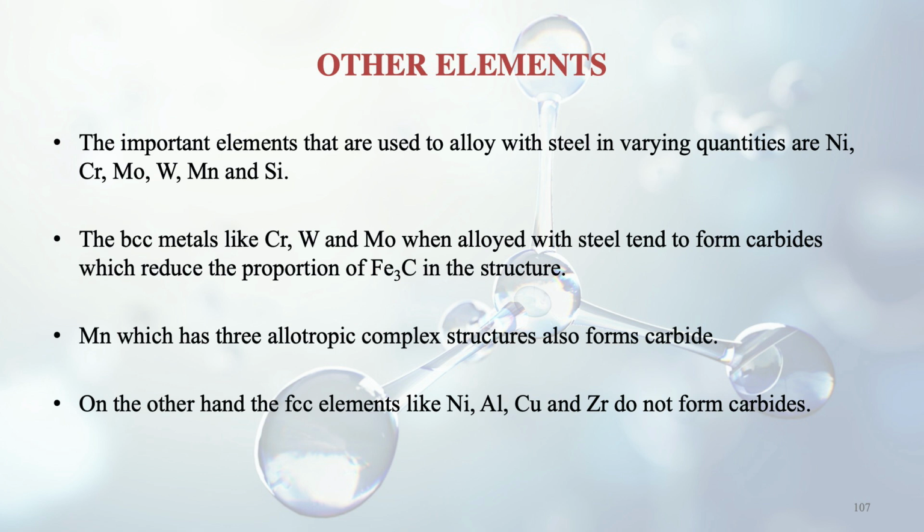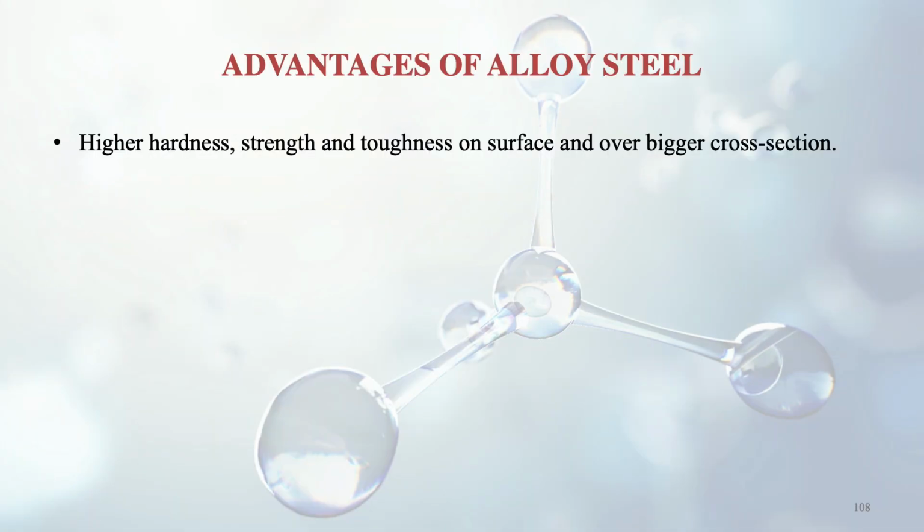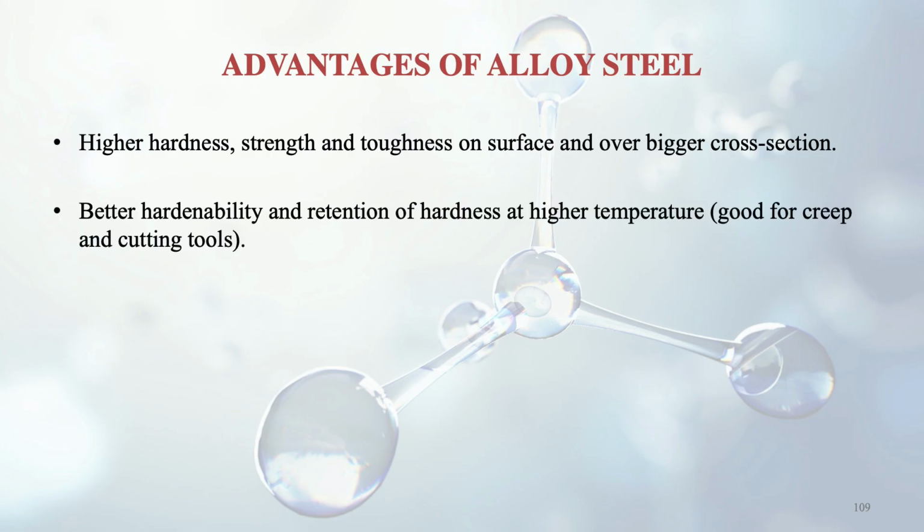So these do not form carbides. Only the body centered ones will form carbides. So what are the advantages of the alloy steel which we have discussed? We get higher hardness, higher strength and toughness also on the surface and also over bigger cross section. Better hardenability, we have discussed it earlier, so we are getting it better, and retention of hardness is also good